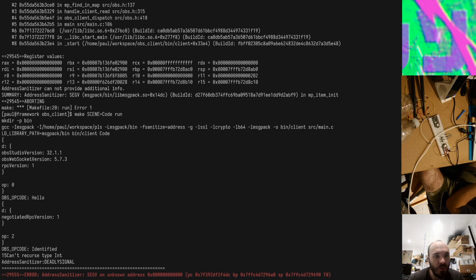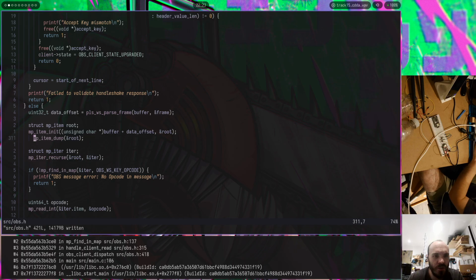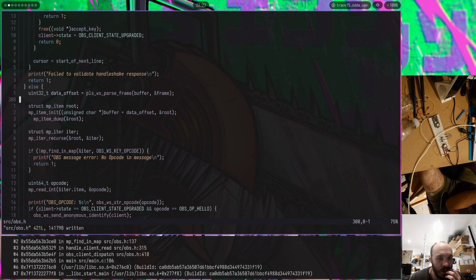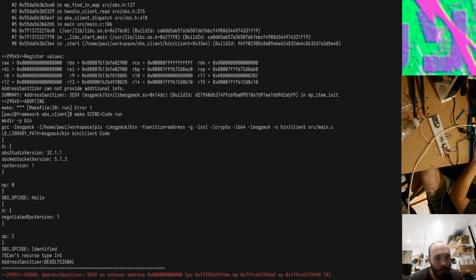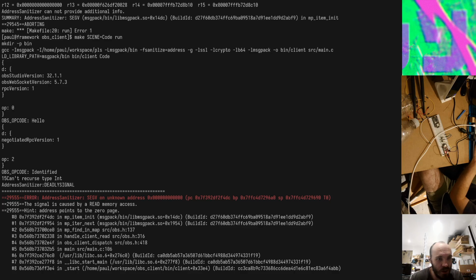So, OBS Studio version, OBS WebSocket version, RPC version, op 0, hello, opcode identified. Oh, so it's saying identified. Alright, so yeah, I do get identified, and then it tries to do recurse int. But what was the current state? That's the thing, because if it's identified,